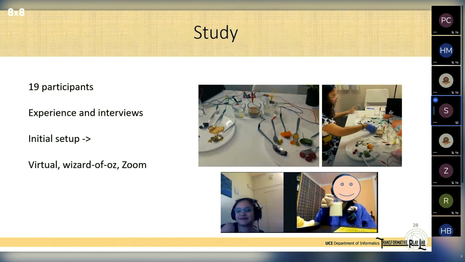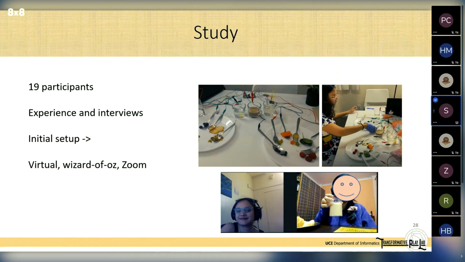Again, I ran a study with 19 people where they experienced the system, and then we had detailed interviews. In the initial design, I used a Makey Makey and also a belt that you can see here on my waist, which has vibration motors, and they would vibrate based on how Gummy was moving up or down in the body.